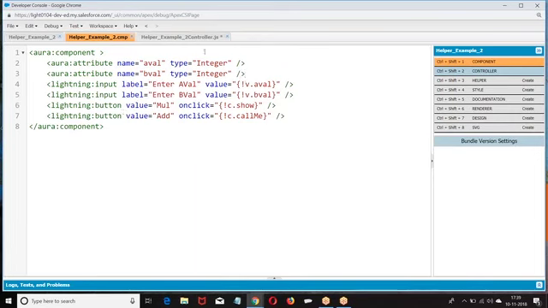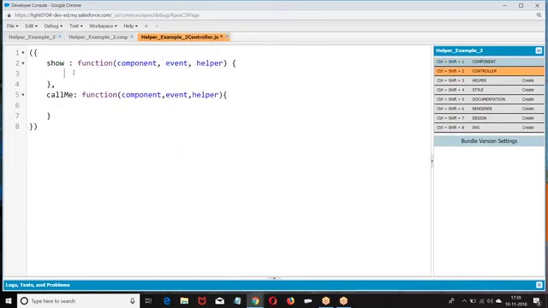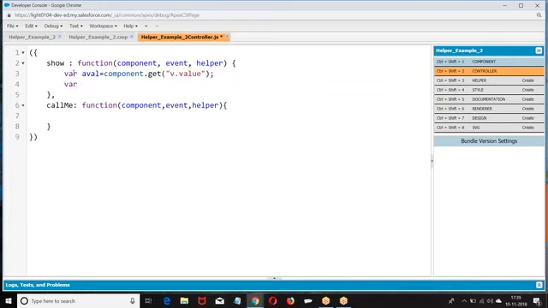Now go to the JavaScript. Here what I'm doing, read the value.